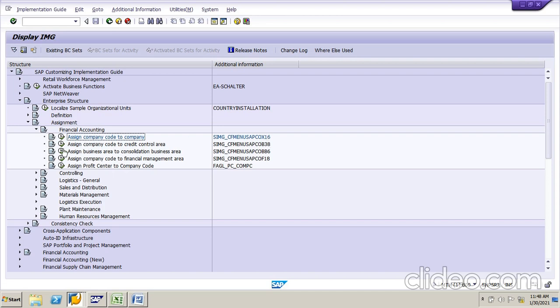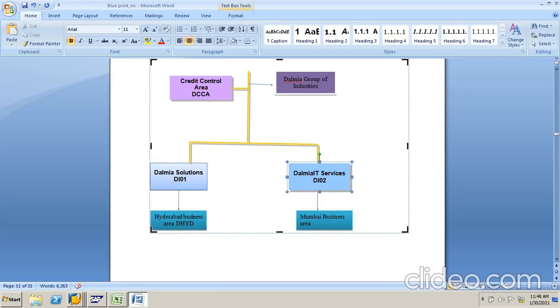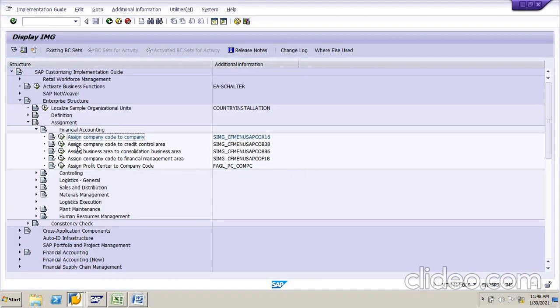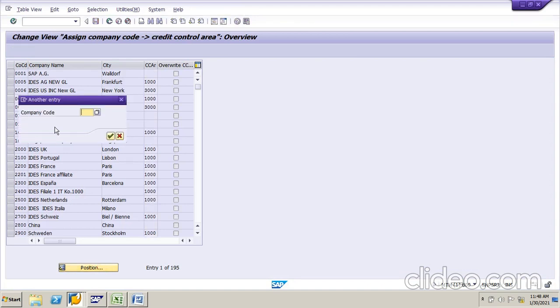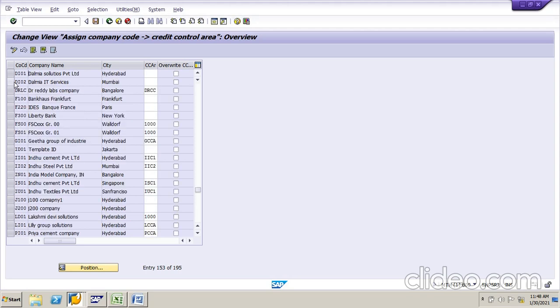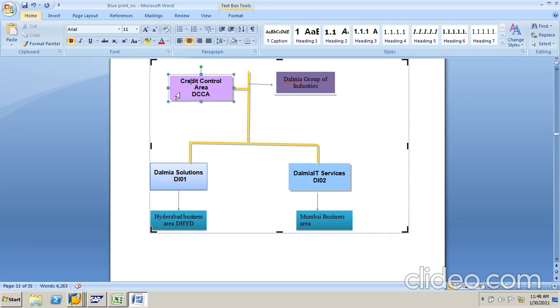The next one is assign company code to credit control area. So this credit control area we have to assign for the two companies. Okay, again position, what is the company name? DI01. So DI01, DI02. What is the credit control area we have given?